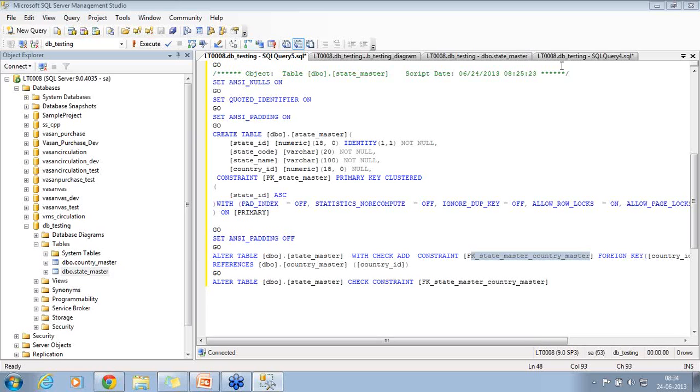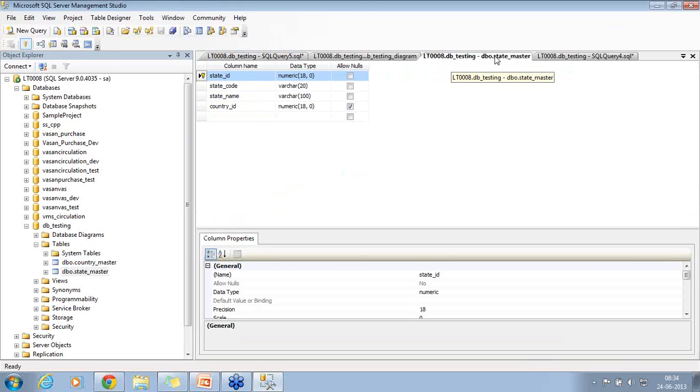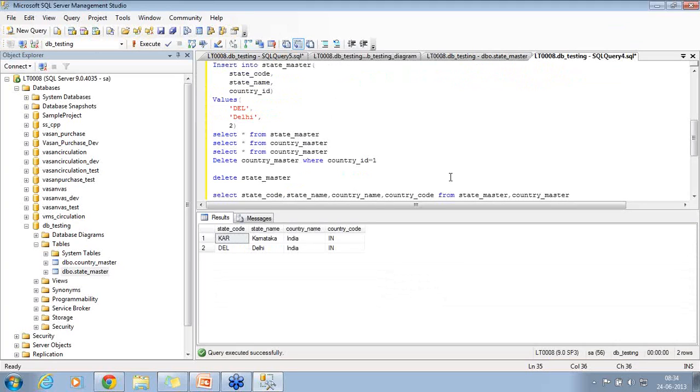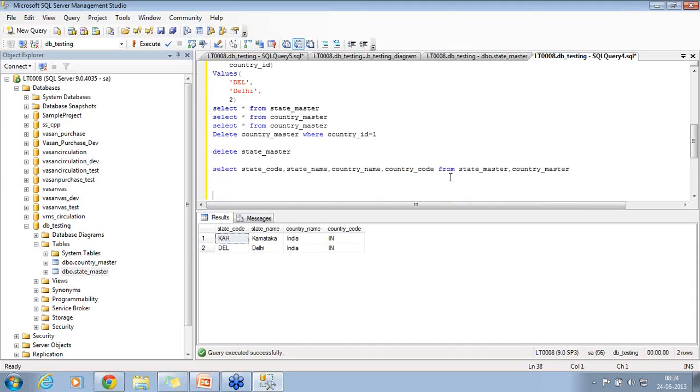Normalization I'll explain over here. I'll try to create a table for your better understanding. I create a table like this: create table country state master. This is my table name. I'll have country state ID, numeric 18, identity 1.